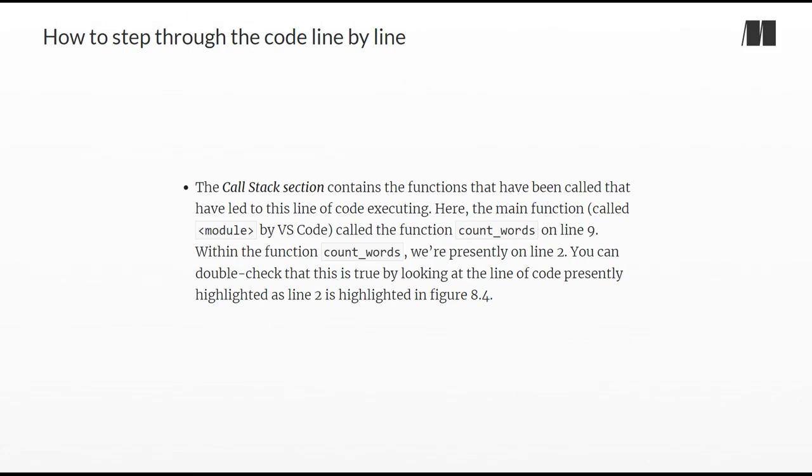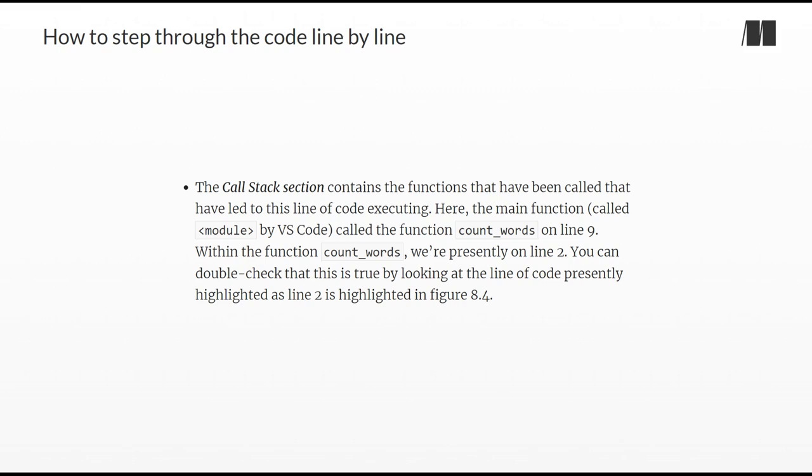The call stack section contains the functions that have been called that have led to this line of code executing. Here, the main function, called module by VS Code, called the function countWords on line 9. Within the function countWords, we're presently on line 2. You can double-check that this is true by looking at the line of code presently highlighted, as line 2 is